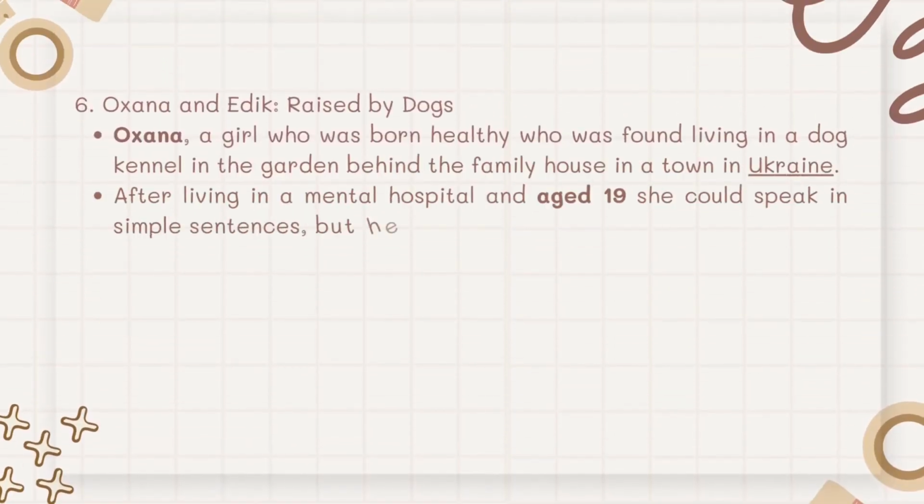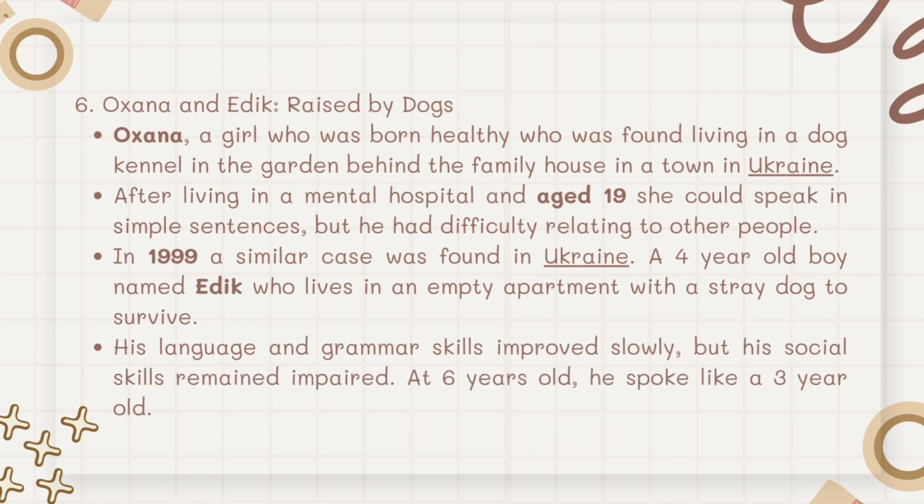And the last case is Oksana and Edik, raised by dogs. Oksana, a girl who was born healthy, was found living in a dog kennel in the garden behind the family house in a town in Ukraine. After 5 years of living with dogs, Oksana was found behaving and moving on all fours like a dog. After living in a mental hospital and at age 19, she could speak in simple sentences, but she had difficulty relating